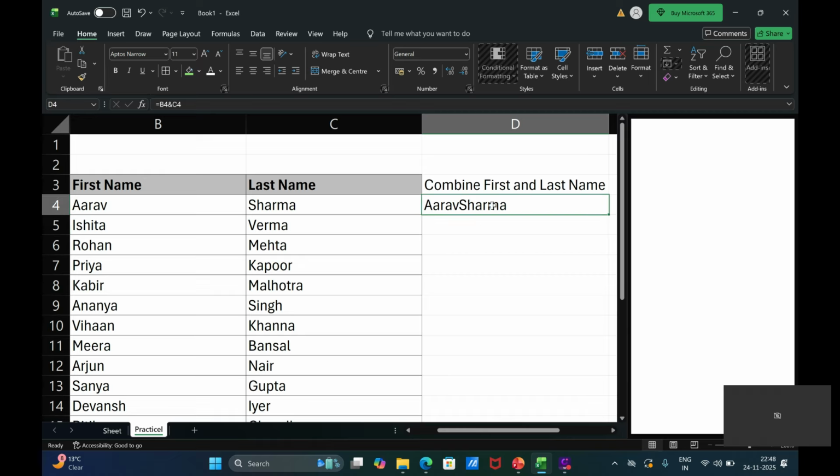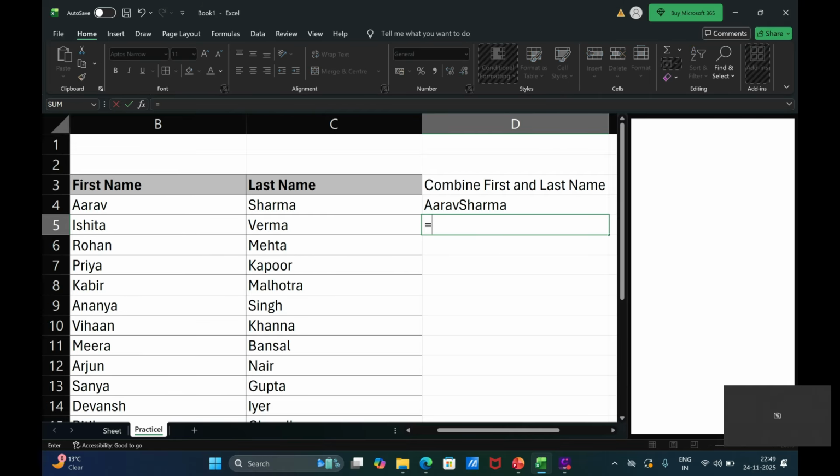But there is an error. There is no space to separate the first name and the last name. So to do that, what we will do, we will add a space character between the first name and the last name. So we will again start with equals sign. We will select the first name. We'll add